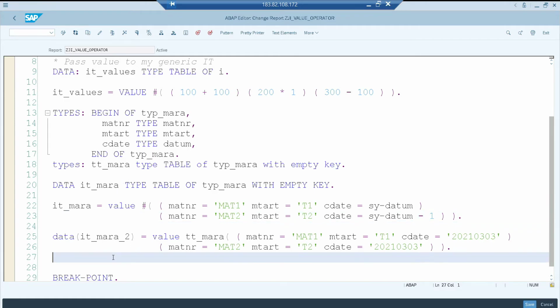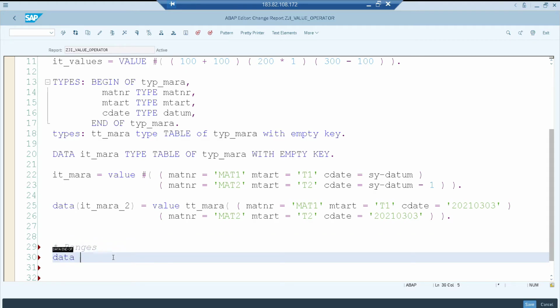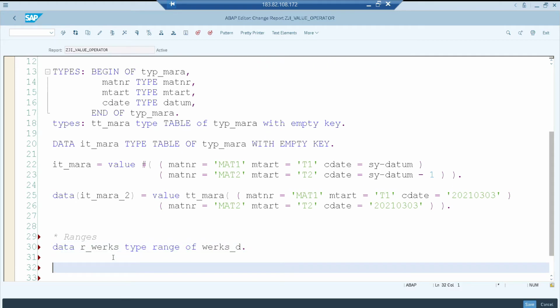Next, I'm going to show you ranges. I'll show you how to pass the data from another internal table to this one instead of hard code. Okay, so now I can say ranges. Suppose DATA r_werks TYPE RANGE OF werks_d. Okay, so now I'm going to enter the value for this. r_werks equal to VALUE of, so this is for the entire value, and for record 1,